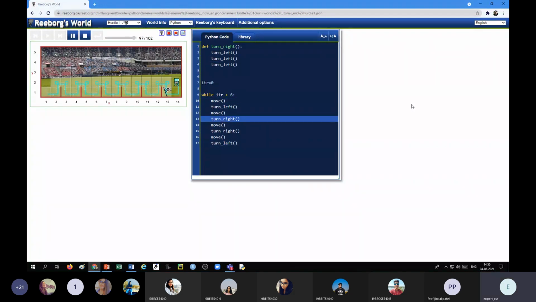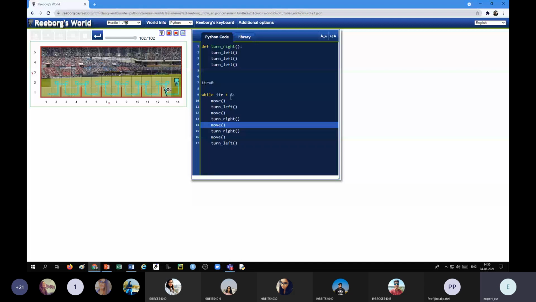Okay, though it touches the flag, the process is continuing, right? So main thing is we have to have some stopping condition. This has gone to infinite loop because this ITR will never become more than 0.